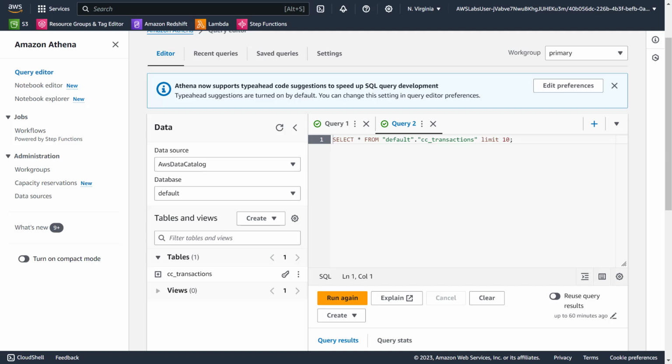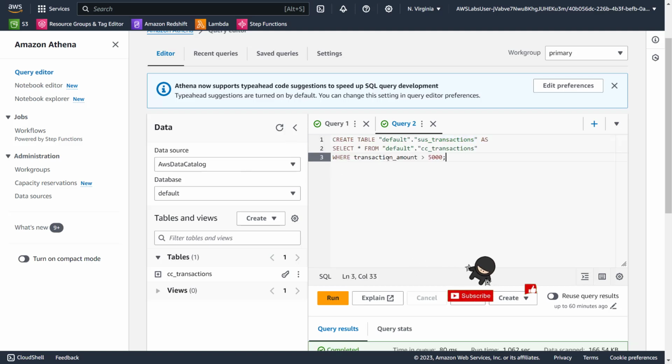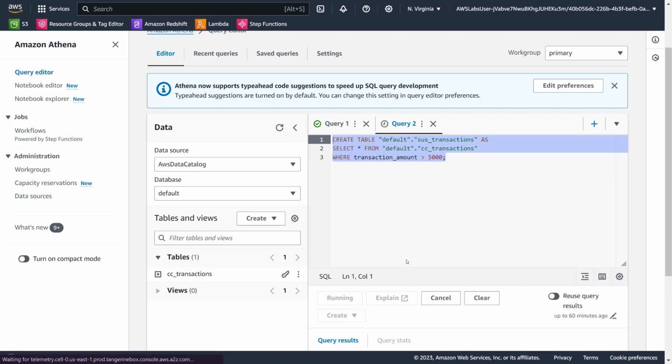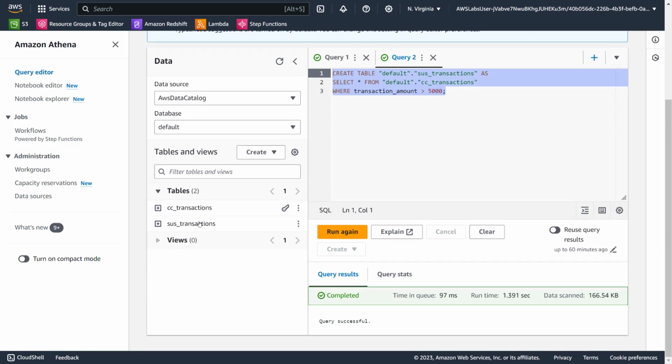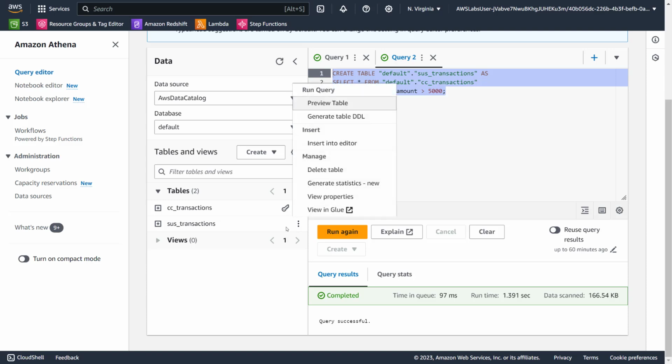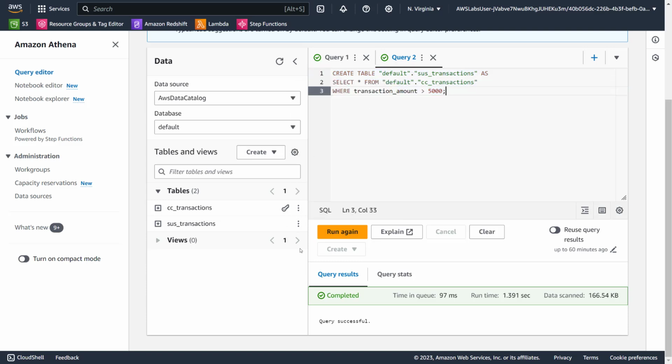Now we have to create another table, which is the suspicions table. But what is the data that we are going to load into it? Any transaction from the transaction table greater than 5,000, then we mark it as suspicious and load that into the suspicions table. Simply do this, then it will create another table here. You can see suspicion. So this one will only have a subset of records from this one, wherein the transaction amount is greater than that.